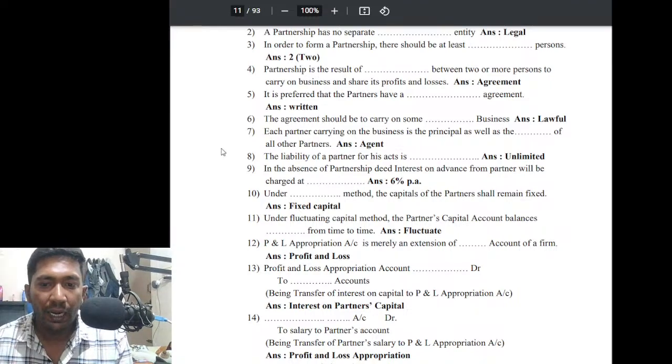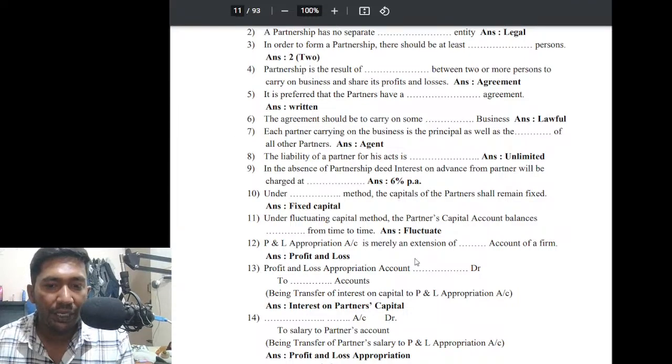Okay. And partners' capital accounts are maintained in two systems. One is the fluctuating capital system, the other one is the fixed capital system. In the fixed capital system we prepare two accounts: one is the partners' capital account and the other is the current account. In fluctuating capital we will be preparing only one account, that is the partners' current account. Then next,